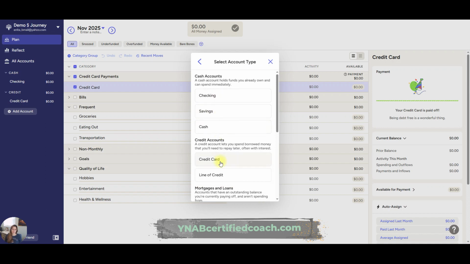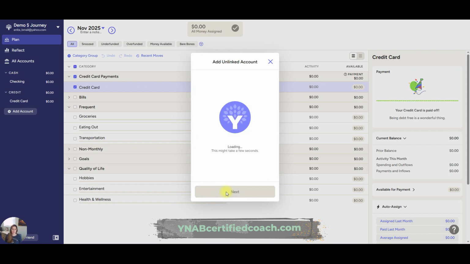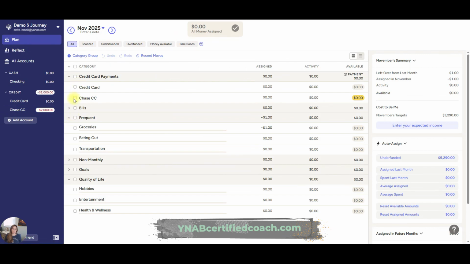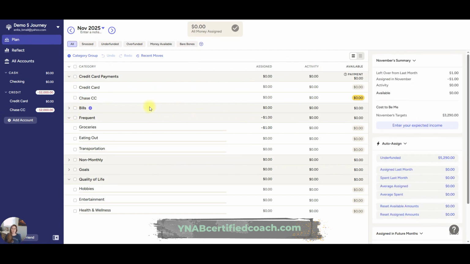So if I do credit card, let's say our balance is 2,000. There it is, $2,000 balance, and you'll see here YNAB has automatically put that credit card in here. You do not need to put an extra credit card category for any of these accounts that are in your YNAB plan. If, for instance, you were paying a credit card off that you did not want in your plan,